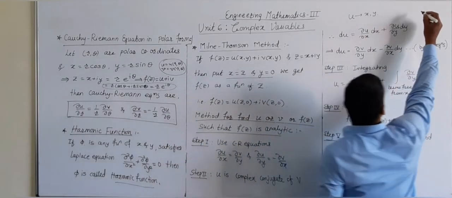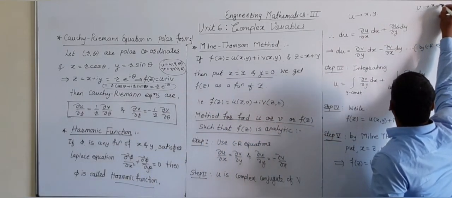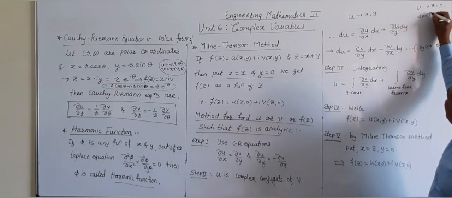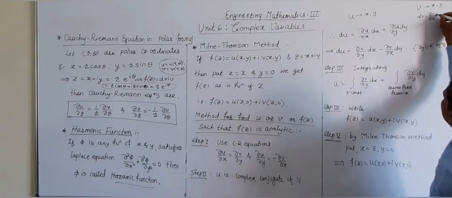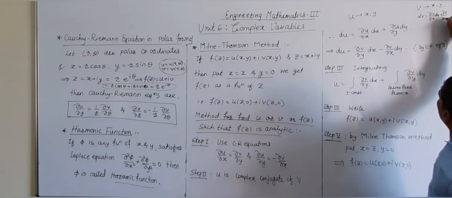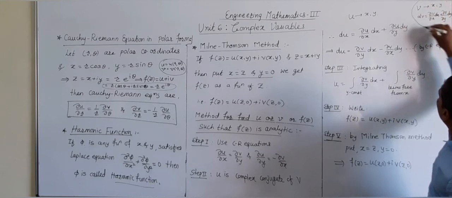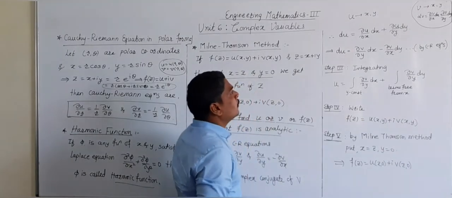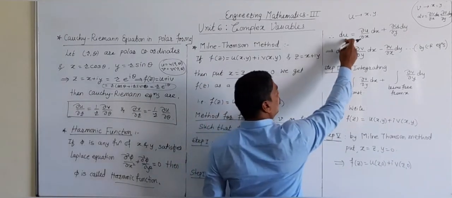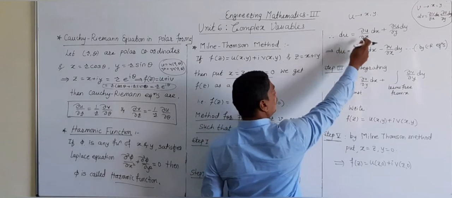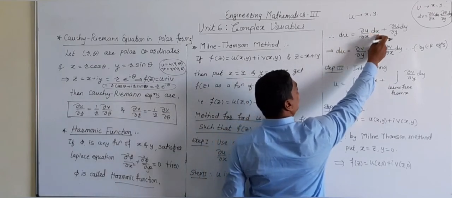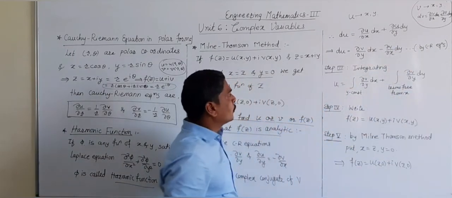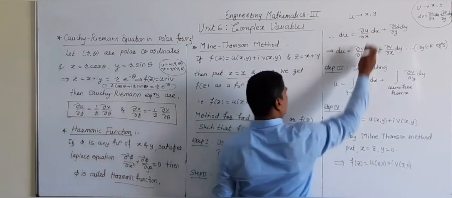So in that case, we are using phi as a function of x, y, and then dv becomes the partial derivative of phi with respect to x into dx plus the partial derivative of phi with respect to y into dy. Okay, if our requirement is to find phi. So here our requirement is to find u and we have been given phi. That's why we are using du is equal to ∂u/∂x into dx plus ∂u/∂y into dy. So now replace ∂u/∂x